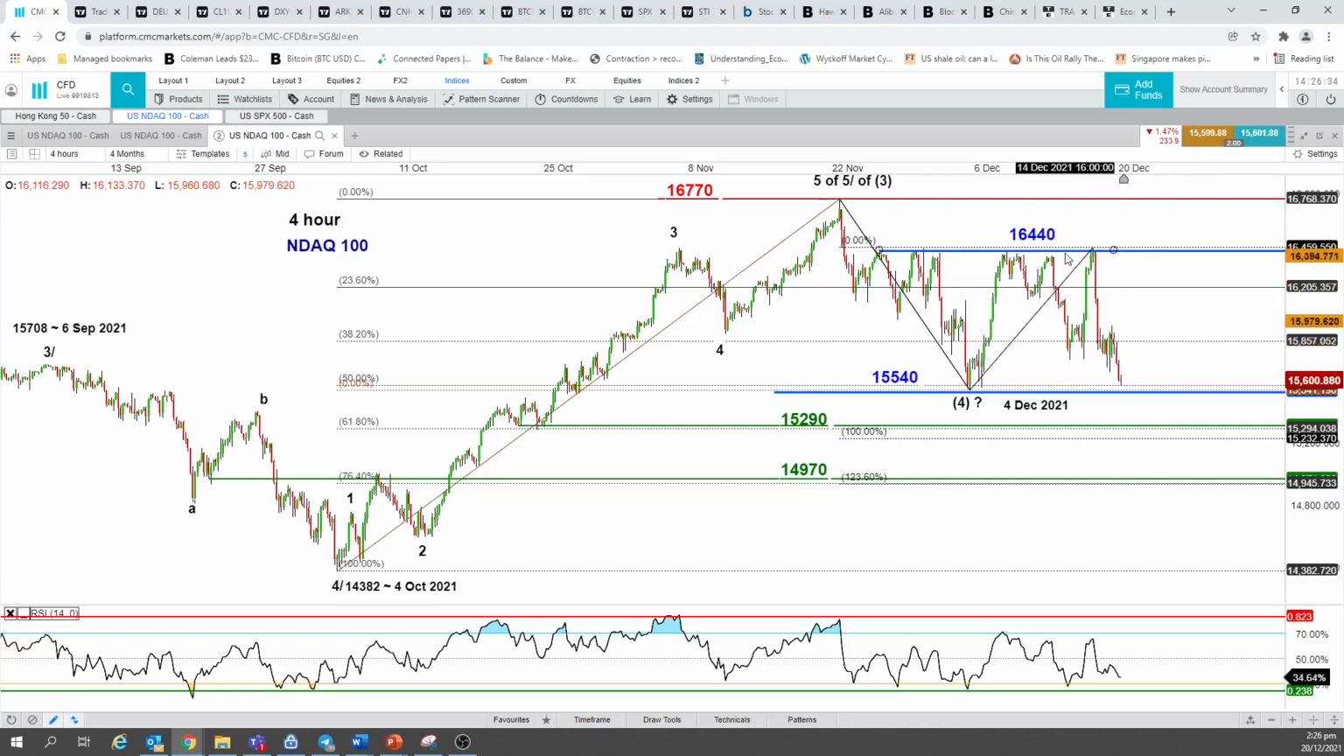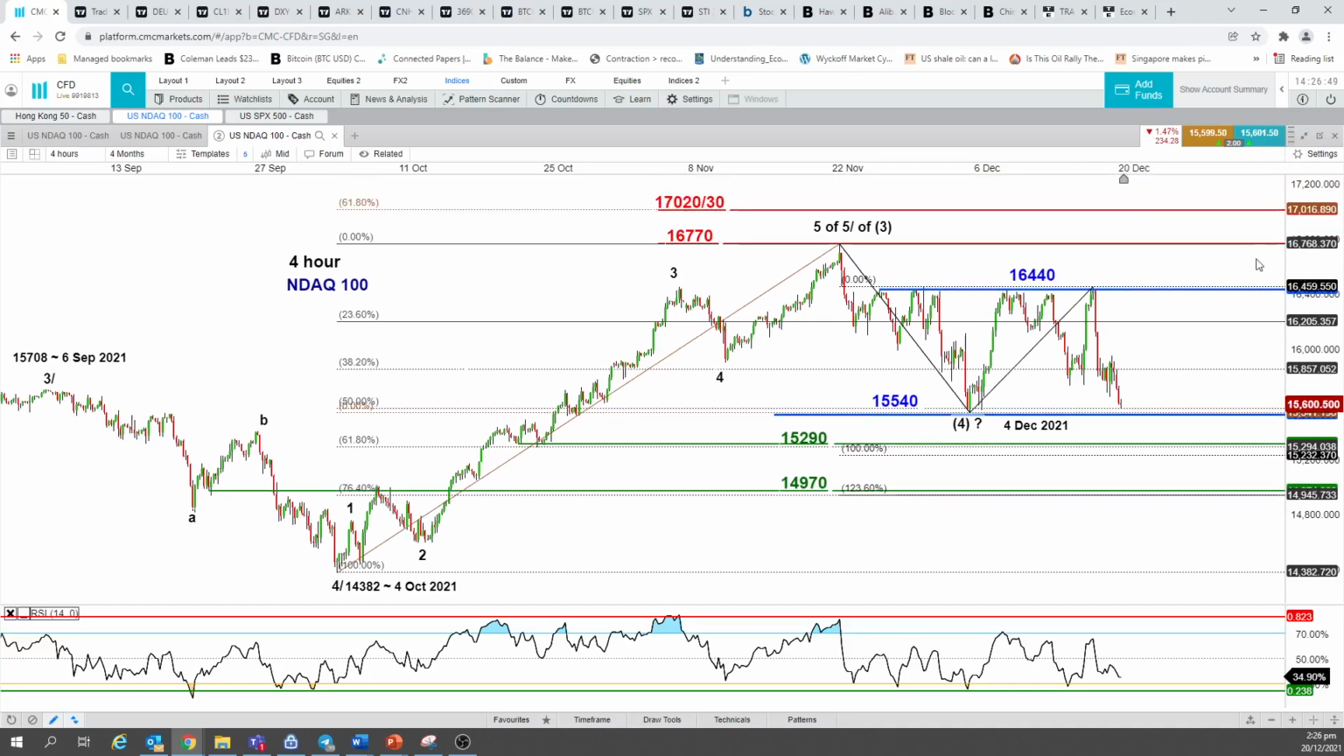So unless we could have a very clear 4-hour close above 16,440, then I could actually validate or reinstate that bullish bias again for it to retest 16,770, then reach the current all-time high. Then after that, followed by 17,020 levels, 17,030. However, a 4-hour close below 15,440 may take us down lower towards 15,290, followed by 14,970,